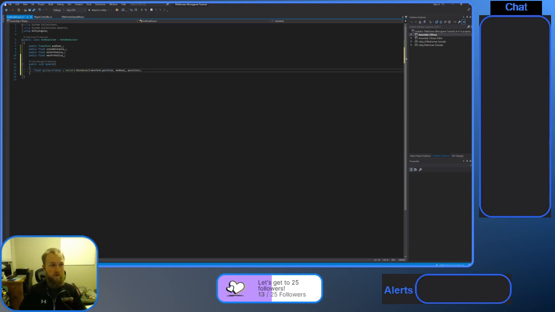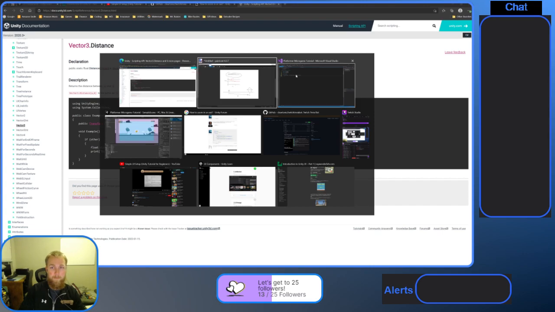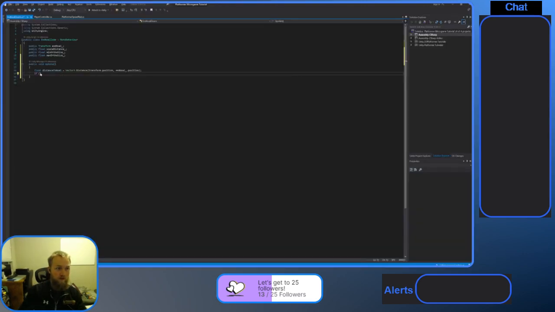Don't need to cache the current location. Okay, so now we do if, what we talked about here in this bit here. If distanceToGoal is greater than scaleDistance,